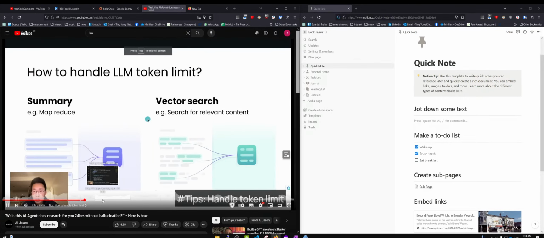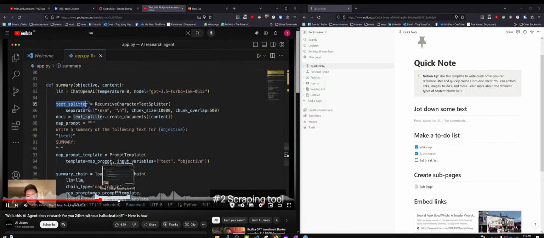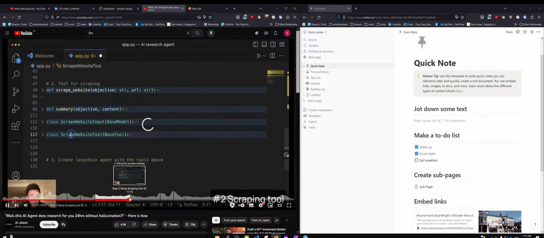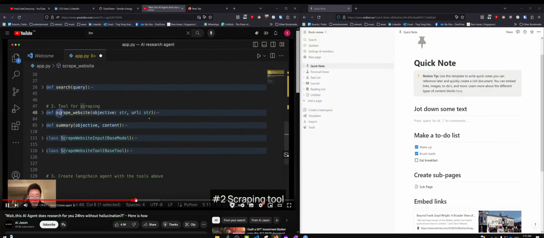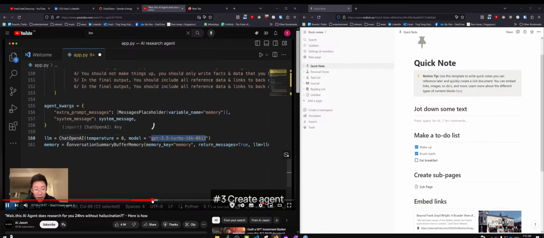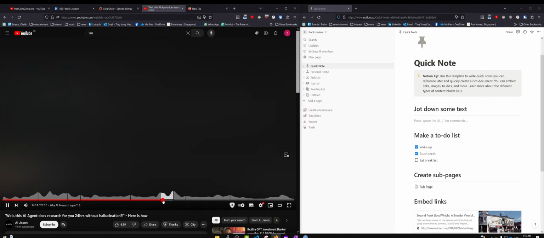And to handle the token limit of large language models, there are mainly two ways. One is called MapReduce, which is a model with the GPT 3.5 Turbo 16K version, and then we will use a text splitter. This will break down a 40-page content into pieces if the length of the text is really big. Just a quick recap, you will define that we just defined here. And you will notice that format for the agent. And then I'll create a memory variable so the agent